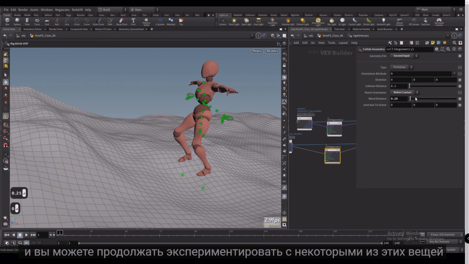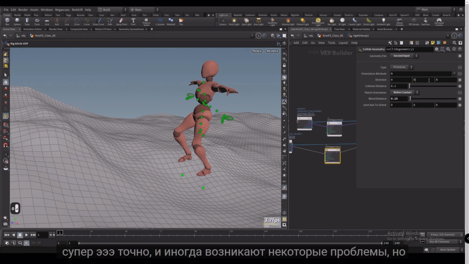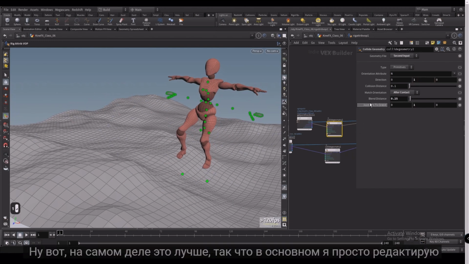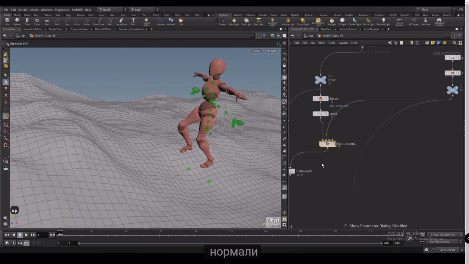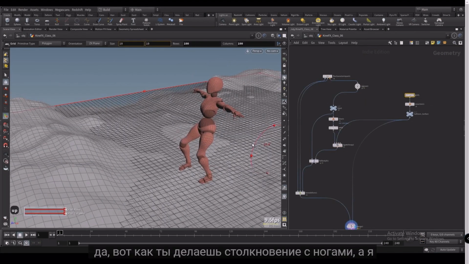And you can keep playing around with some of this stuff. It's not always super accurate, and there are some issues you'll get sometimes, but there we go. Actually, that's better. So basically, I'm just editing the up axis right now of the normals. But yeah, so that's how you go about